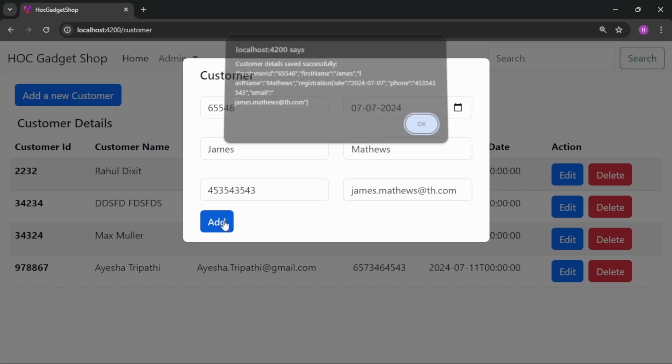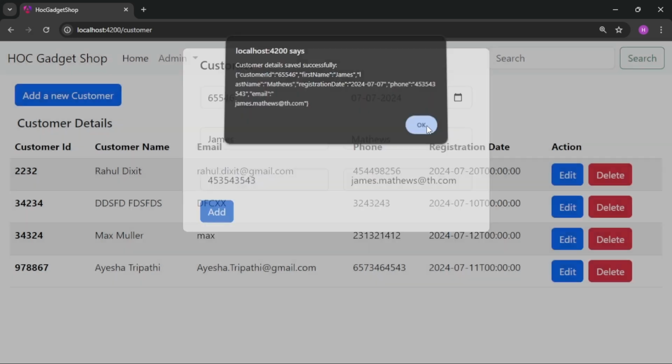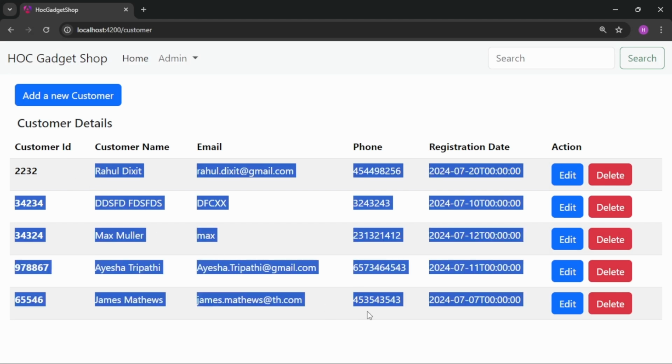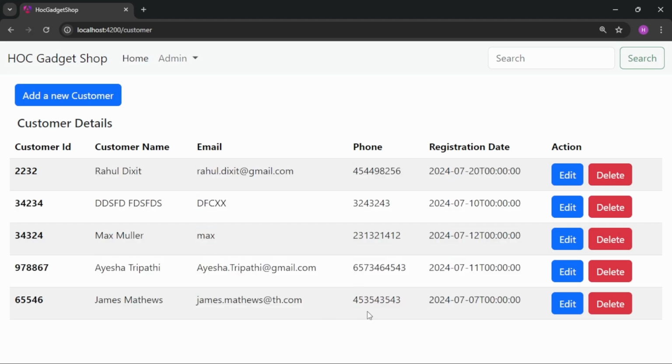I'm clicking on add. It says successfully saved. And you see, now the data is getting refreshed as soon as the pop-up is closed,